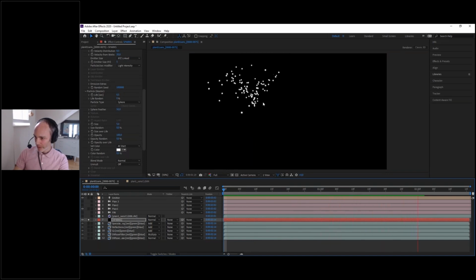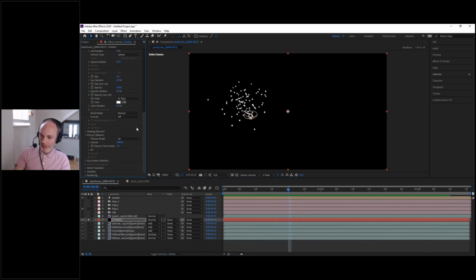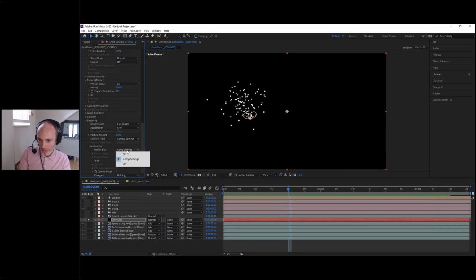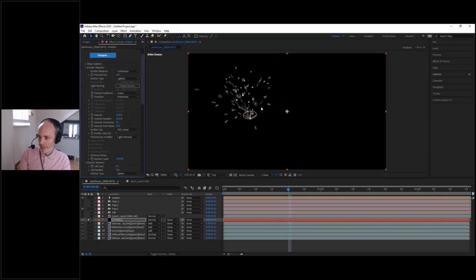See, we're getting there. But a spark is not just one point. It should have trails, to be streaks, motion streaks. So how are we going to do that? By using the rendering. In the rendering, you have here the motion blur. I'm going to force activate motion blur, put it on, and you see we have our streaks. Okay, and it depends on the speed, the velocity of the particle here. So if I increase the velocity, the streaks will be longer.